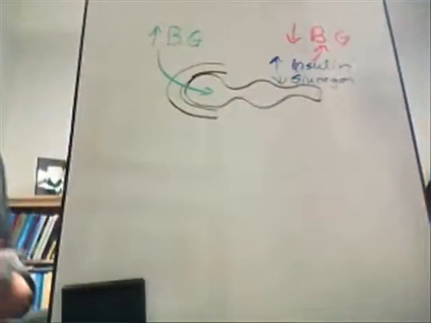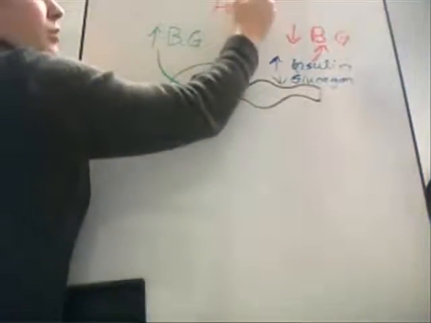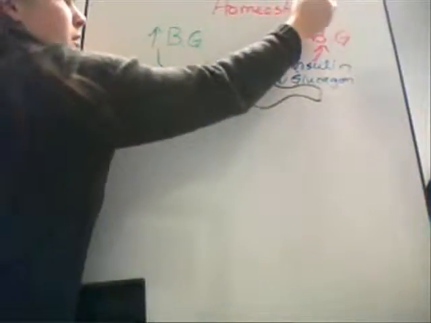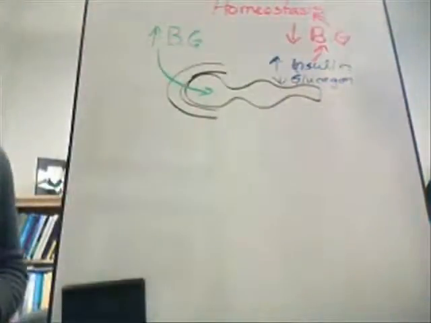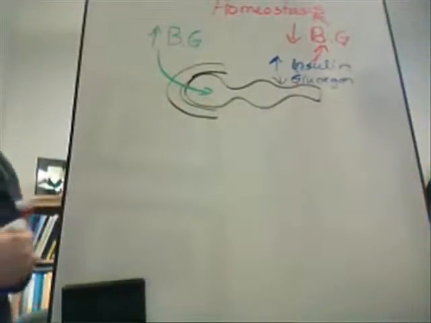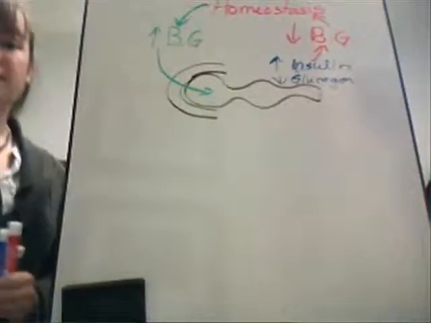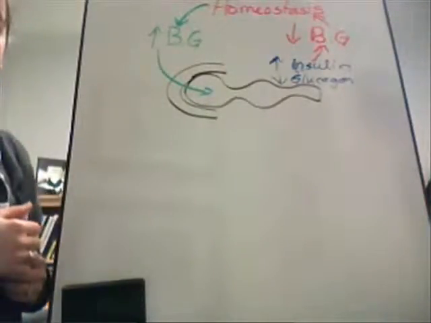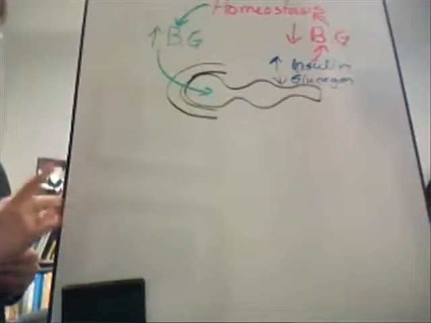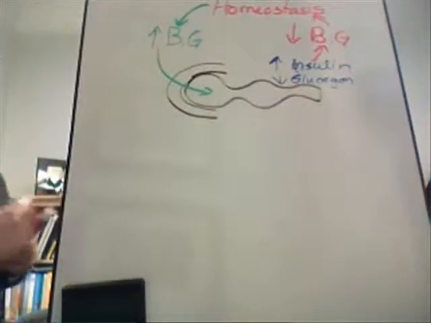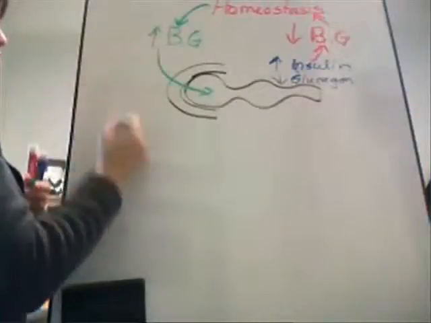And when I decrease blood glucose levels, I should then get back to homeostasis. Okay, and anytime that I get away from homeostasis because my blood glucose levels have elevated, I'm going to promote the production of more insulin to help decrease the amount of blood glucose. However, we find that blood glucose levels may be too high, but blood glucose levels could be too low as well. So, if the blood glucose levels, for example, continue to decline,